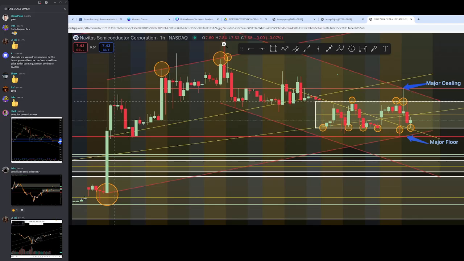So I like that. I definitely like the wick, it gives you the points of contact that you need, and that would be something where, yeah, if you break this floor right here, which you've already tapped off of the structure, if that's a solid target, that would be confluential. Otherwise, yeah, this channel looks pretty good.